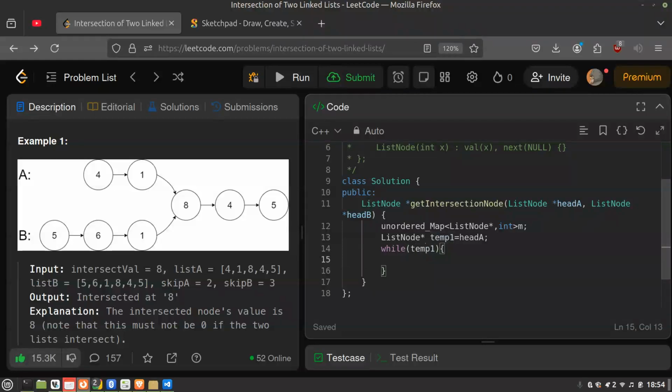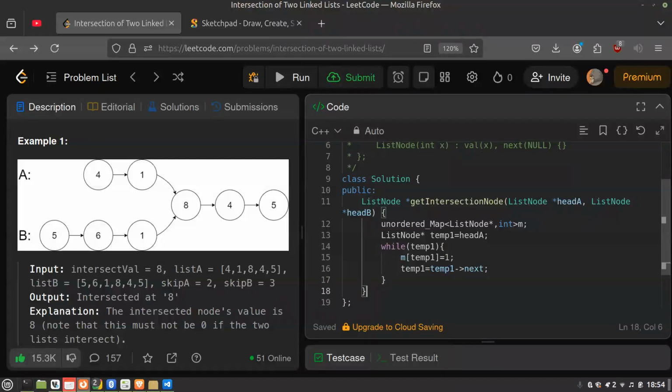What you do is, you keep moving and storing. So m of temp1 is equal to 1, and temp1 is equal to temp1 connect. Okay. So you're moving and you're storing also. Now after you have stored this, you will take another temp variable, but this one would store head of b,